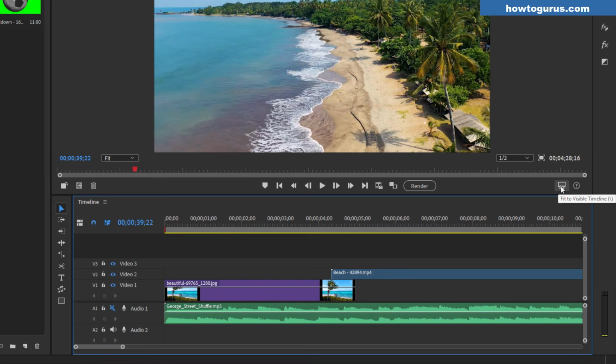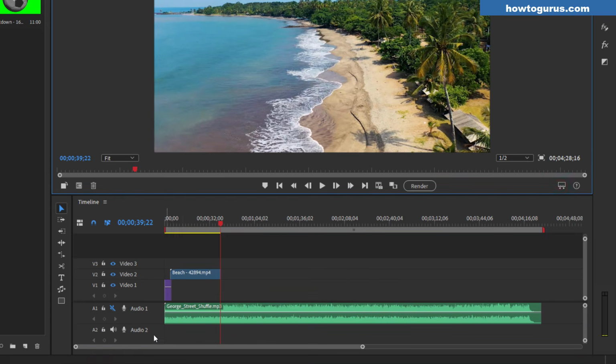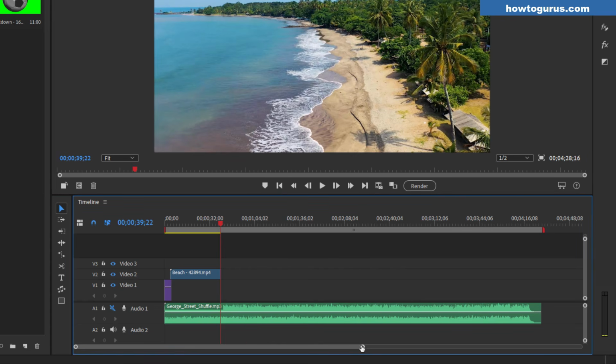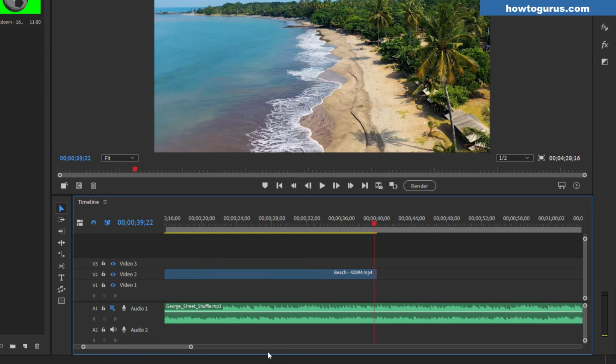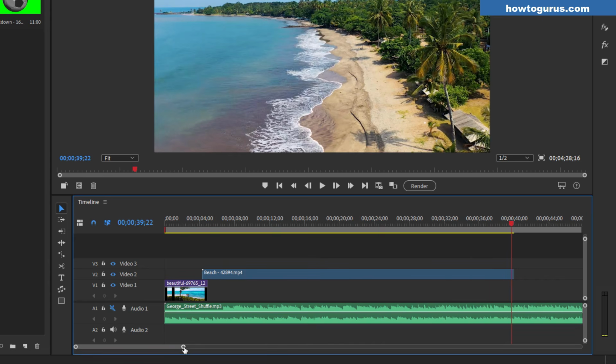And there's a button right here. This will fit everything into your time frame here. Just click on that, and now the whole thing is fitting into the time frame. It's pretty large because the audio track here is real long, and this is now real short. I can change this by grabbing these handles here at either end of the scroll bar down here, pull that in, and it's going to be zooming in, so we're seeing a smaller part of that, and then again I can drag that back and forth. So pretty easy to come in here and adjust the view to see exactly what you want to be looking